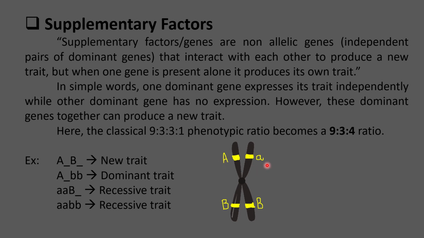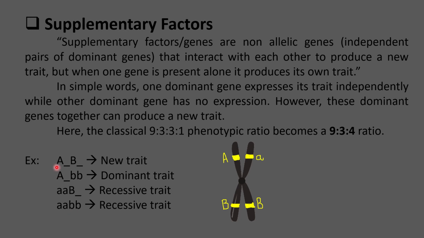And this particular gene in recessive condition can produce its own character when it is in homozygous recessive condition, irrespective of the presence or absence of gene B. What gene B is doing is that it only supplements the trait of A. When it supplements the trait of A, that produces a new character, that is, supplementing gene A, another dominant gene, to produce a whole new trait here. So these are all the possible genotypes.